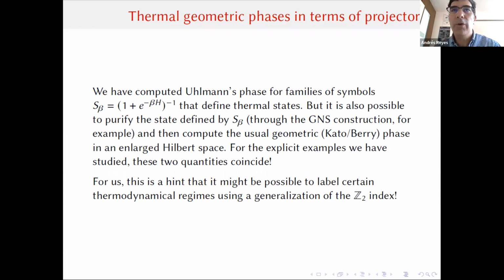So if you purify the state given by this symbol, you go to a bigger Hilbert space, and there will be a basis projection which purifies this state. Now, this is very interesting because if you have a family of basis projections, then you can compute the geometric phase in the usual way, like in the Kato or the Berry approach. We have done that in our models, and it turns out that the two computations coincide, namely the geometric phase for positive operators, which are mixed states, and the geometric phase for this family